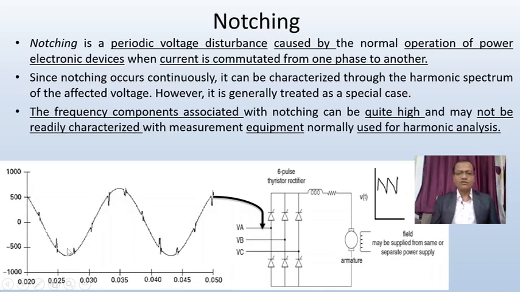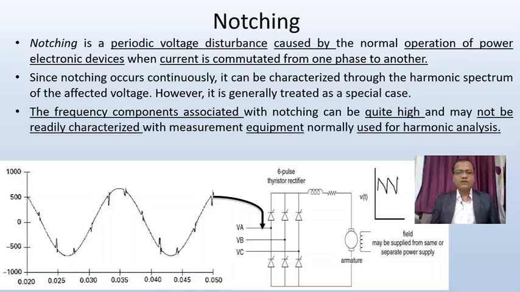But in case of harmonics we can predict the wave shape ahead, whereas in case of notching it is not possible to predict the wave shape ahead. So it is continuous in nature, and it is also a sign that harmonics are present in this waveform. We can predict that if notching is there, there is a possibility of harmonics in such a power